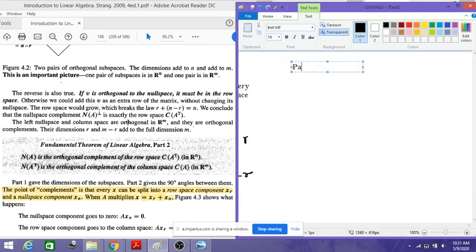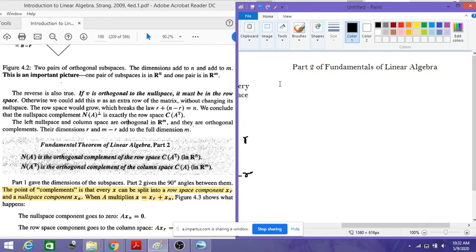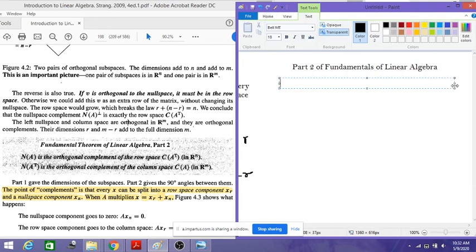The two points which we just discussed go like this: N of A is the orthogonal complement of the row space, C of A transpose,